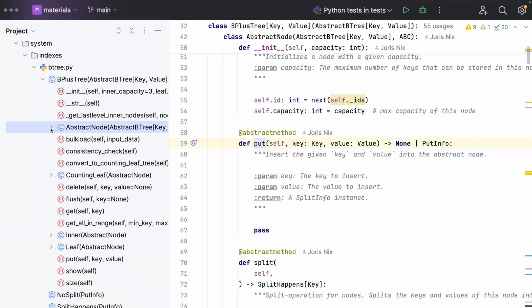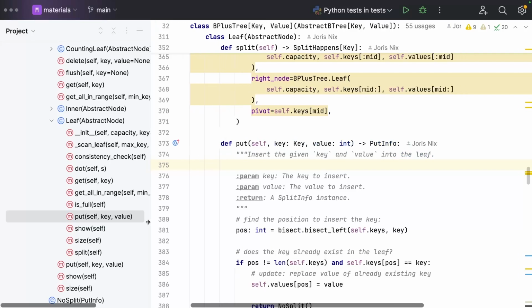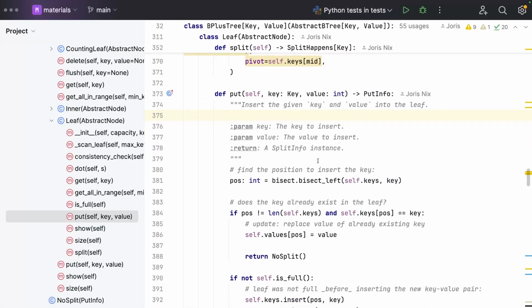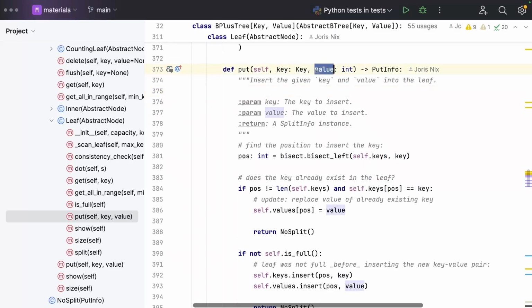So let's look at the leaf. Let's now do in the code what we saw on the blackboard. So here's the leaf that has a put operation. Don't worry about this yellow. I think it's a bug in PyCharm. I think it's correct in terms of typing, but PyCharm is marking it. So what does a put operation do? We get a key, we get a value to be inserted. We find the position,